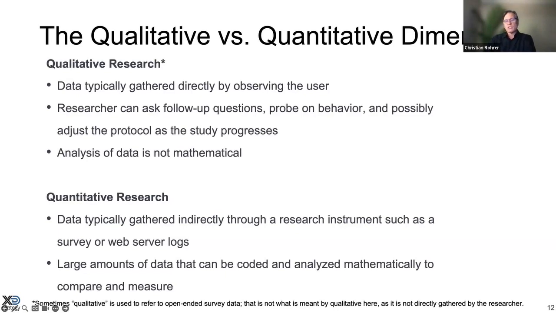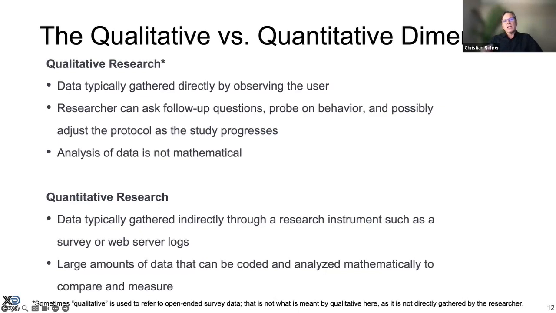I describe qualitative research a little differently and quant research a little differently than maybe some do. I say that qualitative research is data that is generated by you, the researcher, directly observing or interacting with the participants, so that you're actually seeing it yourself directly. I guess you could also extend that to using tools like Zoom, where you're able to interact and share the same context with the user or the participant. It's not exactly direct, but it's close enough, right?